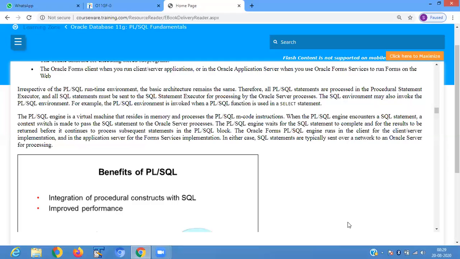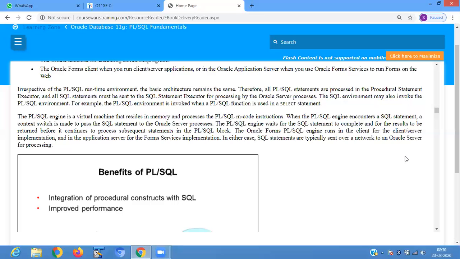As PLSQL contains programming language structure, and the computer doesn't understand any kind of programming language, by using a PLSQL compiler it is converted to machine code. That machine code the computer can understand. So the PLSQL engine is a virtual machine that resides in the memory and processes the PLSQL machine code instructions.